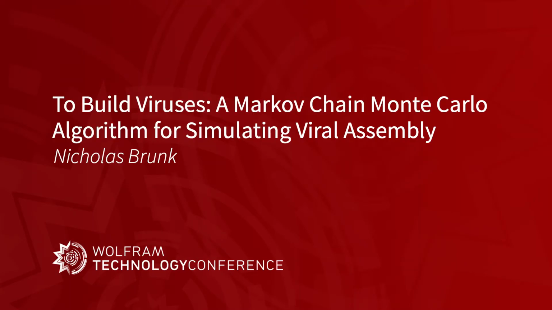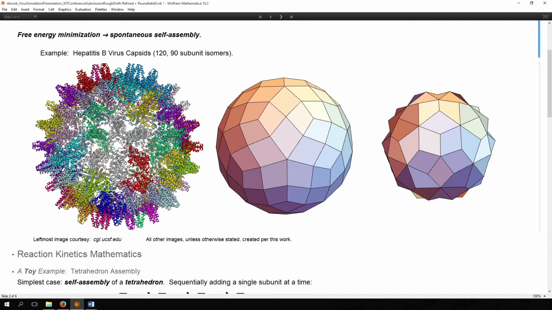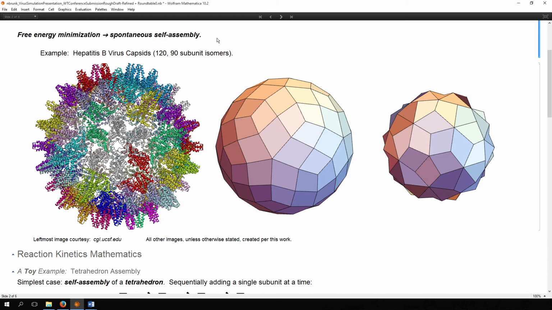Essentially you have the closed protein shell here that spontaneously forms from free energy minimization processes. The role of this protein shell for the virus is to protect the viral cargo. The responsibility of this thing is to protect genome, transcription enzymes, et cetera. And hepatitis B virus, which is pictured here, the leftmost one is the actual crystallographic structure, and then the centermost